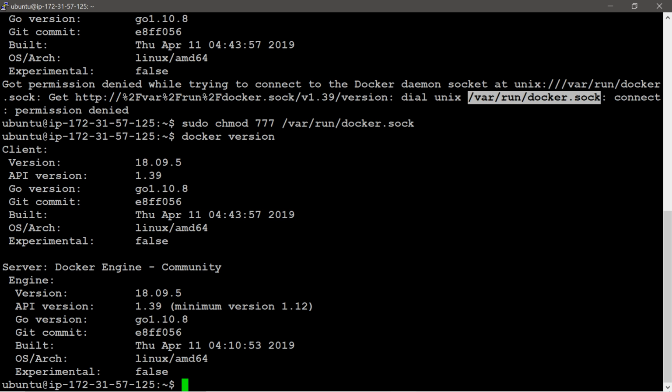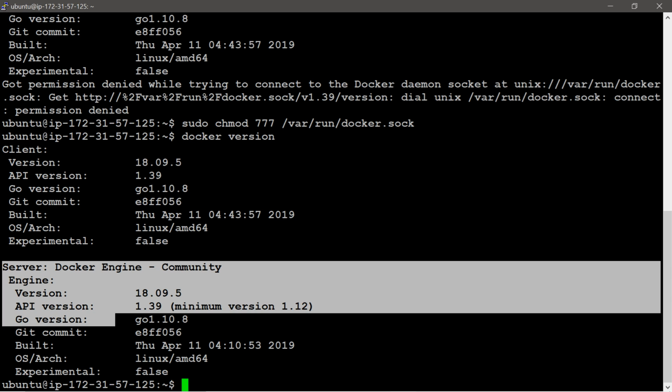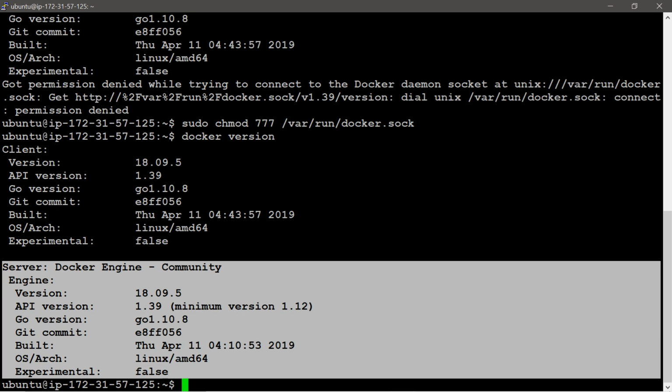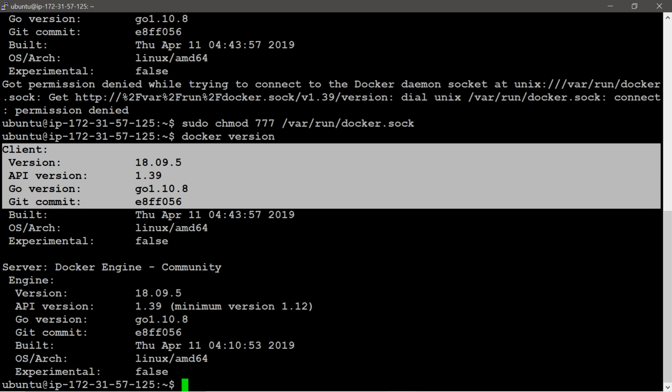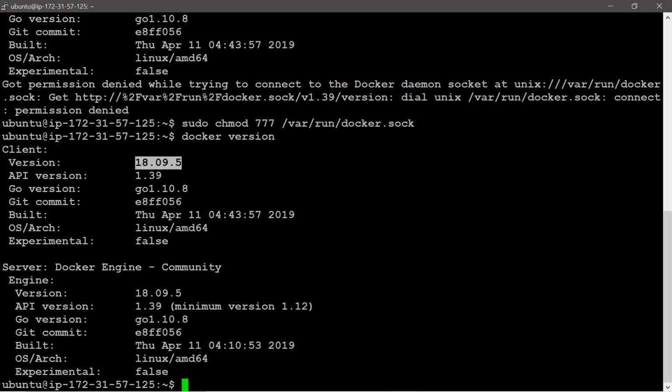Now you can get the server version also after giving the permissions to the Docker socket. Here the client version is 18.09.5, as well as the server version, meaning the Docker engine. We can say Docker engine, Docker host, Docker daemon, containerd, whatever the name, it is the same, but here this command shows it as Docker version client.